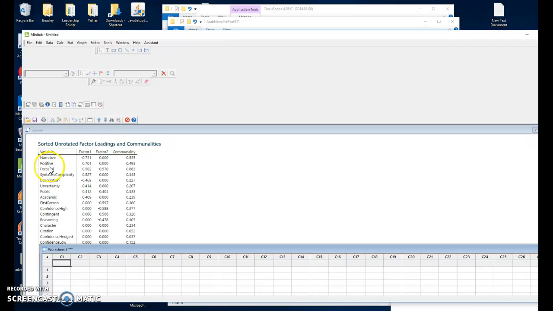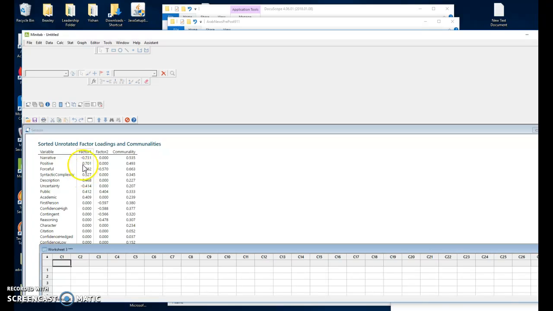So you can see that this variable is positive emotion, that's got a positive sign, 0.0701, and forceful, which means powerful language that will get your attention, be highly arousing to a reader, that's another positive number. Syntactic complexity is another positive number. All the positive numbers here, and these are called coefficients, all the positive coefficients here, that means they're correlated with